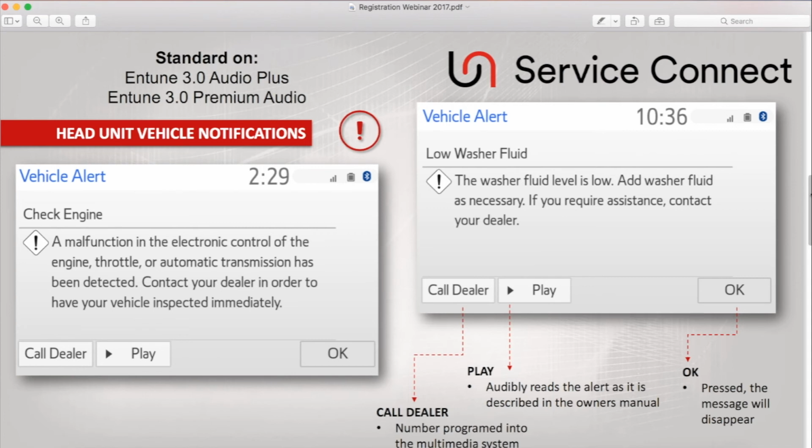Now, I want to talk to you all about the call dealer functionality in the vehicle. In the vehicle's multimedia system, under the menu setup, there is a vehicles tab where you can input the dealer's information. That information is where you put the dealer's name, contact, and the phone number. So when you get this message on the head unit, when you select call dealer,